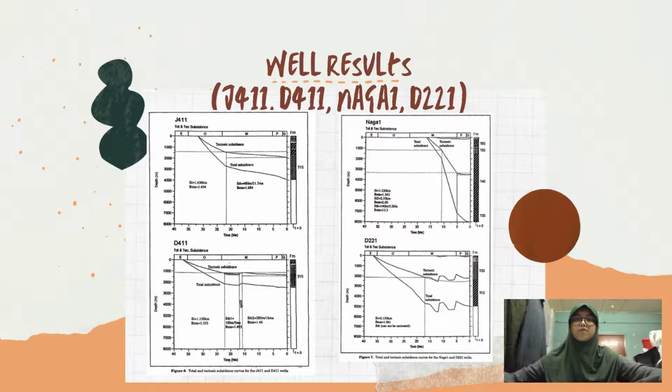So here are the results for the first 4 wells: G411, D411, Naga 1, and D22-1. Out of all these wells, it seems that G411 shows the most prominent subsidence pattern of the McKenzie type basin, whereas Naga 1 and D411 do not seem to show any signs of either a McKenzie type or foreland type, whereas the last one, D22-1, seems to show a strike slip